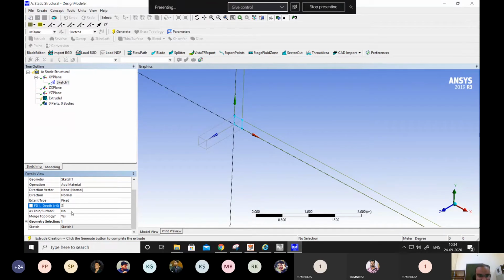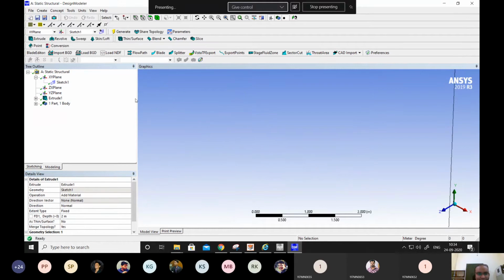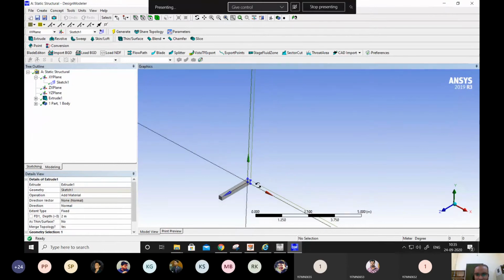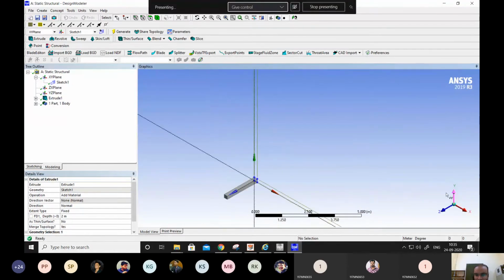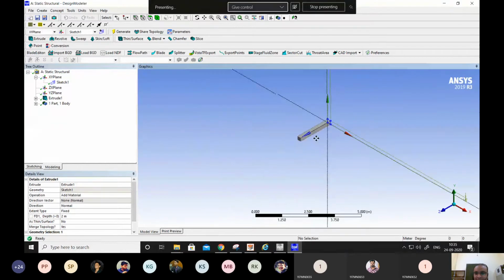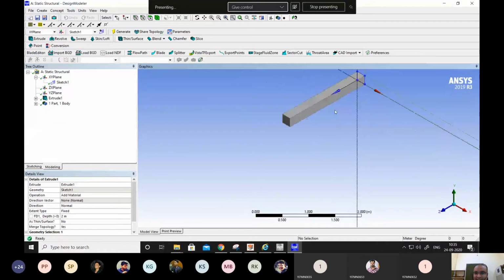So let's make this 2 meters, and any other thing. That's it. So this is how it will look. We have to make this body. So let's generate it, and basically it has converted into a three-dimensional object. Here you go. So this is the beam we wanted.